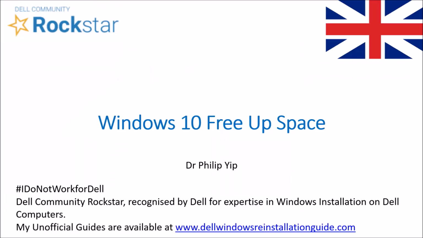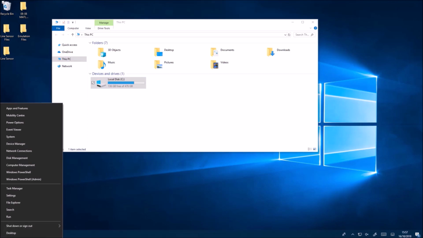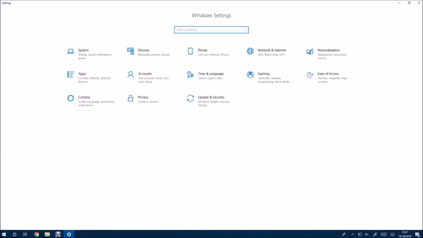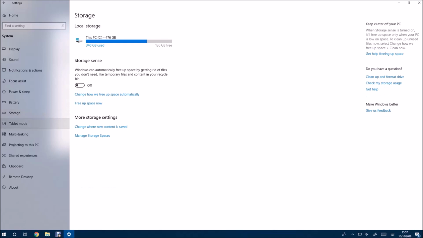Okay, so I'm running out of disk space on my XPS 9365. As you can see, my C drive is almost full. So what I'm going to do is go to Start and Settings, and then go to System, then go to Storage, and here I'm going to select Free Up Space now,